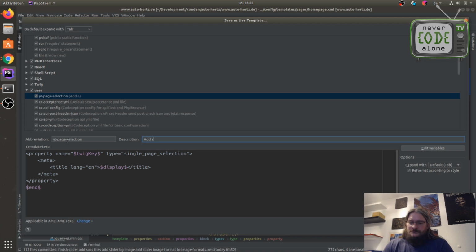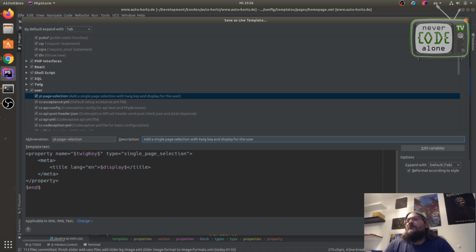Adds a single page selection with Twig key and display for the user.